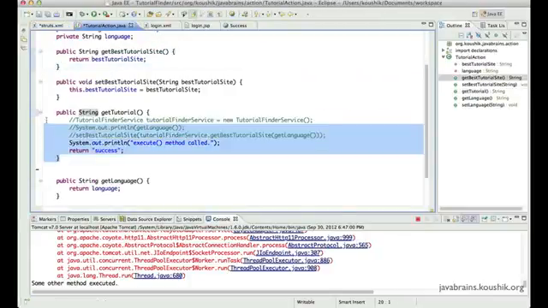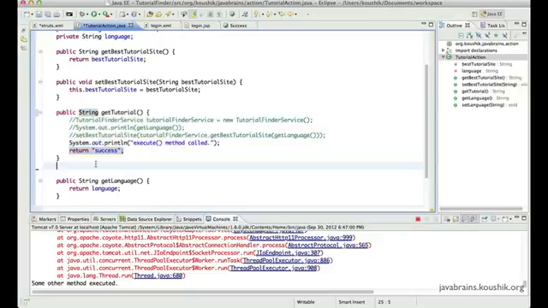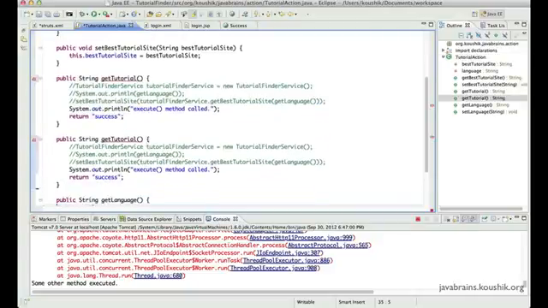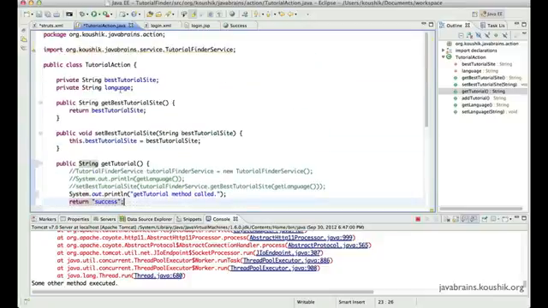So what I would do is I would add the add tutorial method to the same action. I don't have to create a new action for a different operation. So I'll just say add, and the method would be add tutorial method call, and I would call this get tutorial method call. So essentially I have two different methods in the same action class that are mapped to